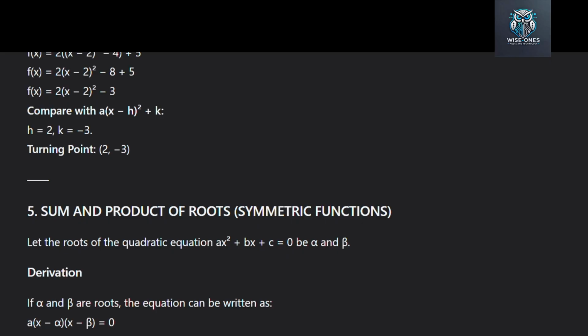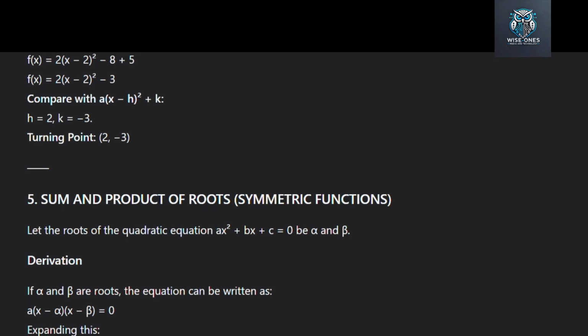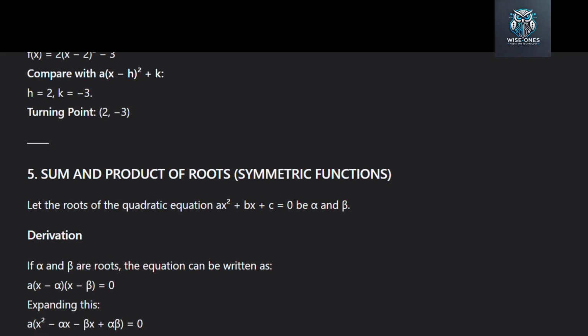Compare this with a times open bracket x minus h close bracket squared plus k. A is 2, h is 2, k is negative 3. So the turning point is open bracket 2,